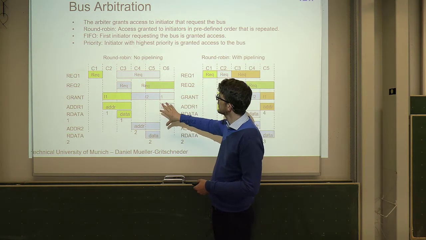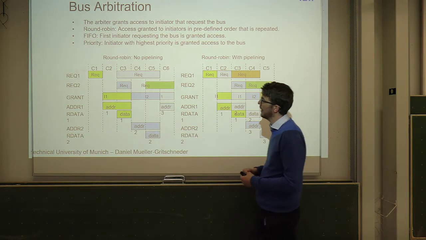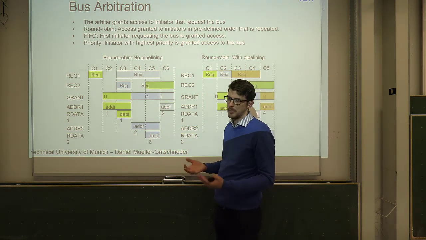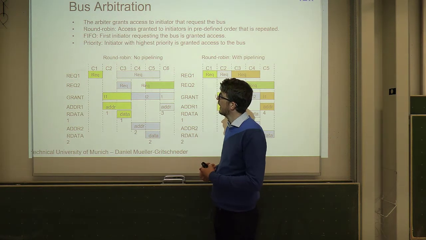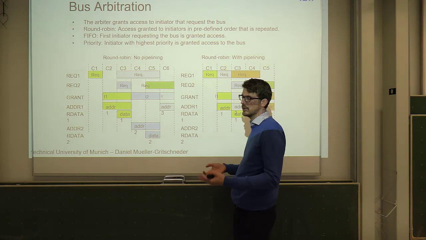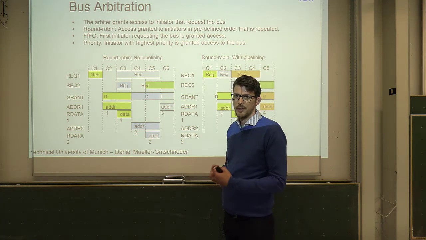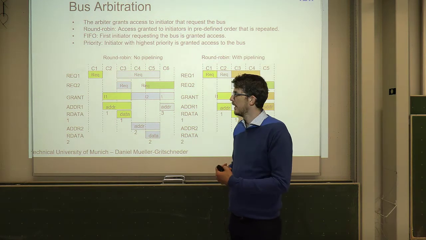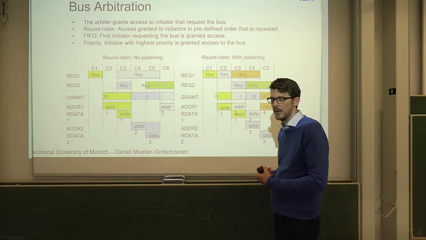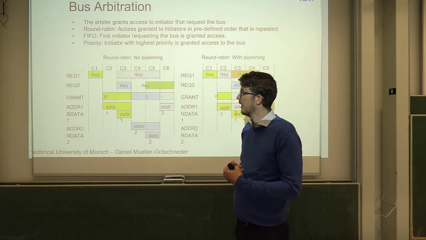So let's take the first one. There are different ways now to do the arbitration. One would be just round robin: initiator 1, initiator 2, initiator 3, again 1, 2, 3. The other would be FIFO. The first one gets it, right? The first one who requests gets it. And of course, you can also set priorities. There might be one initiator which is more important than another one. Therefore, if this initiator makes a request, it will be granted before the initiators which have a lower